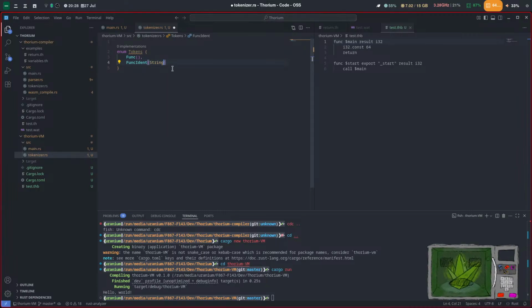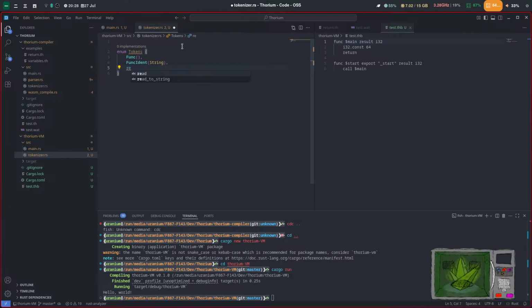Preferably this would have to be a string size, but I don't feel like worrying about lifetimes right now. Sounds like a problem for future me. We have results, and then I believe this. Okay, so we'll have the type be a separate token, i32,